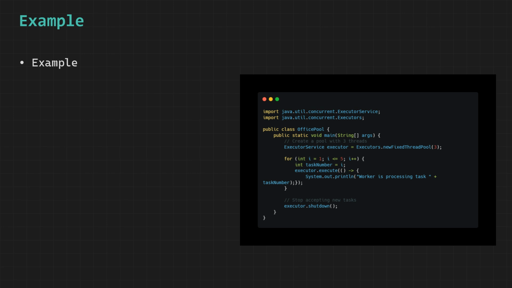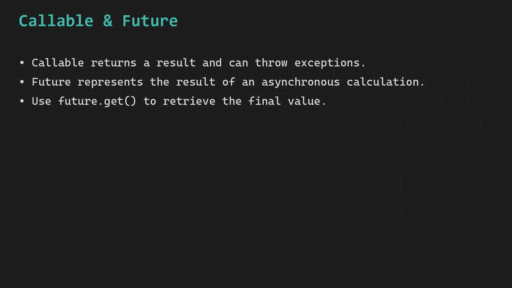number of threads. A Runnable is a task that does not return anything to the caller after it finishes executing, which means it simply performs its job silently in the background, and once it is done it just stops without handing back any result or value to the thread that submitted it, making it suitable only for fire and forget style operations where the outcome does not need to be retrieved or used anywhere else in the program.